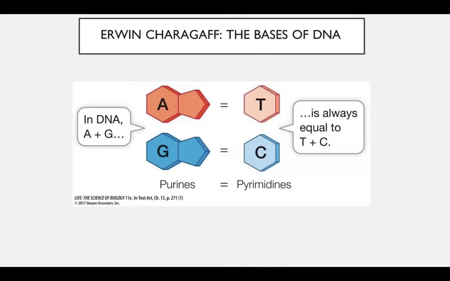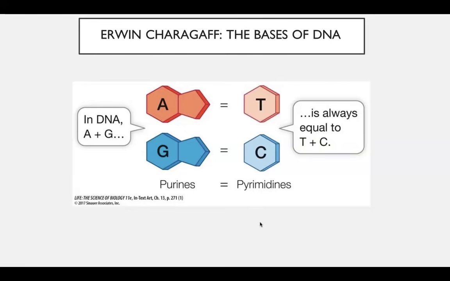There's also something known as Chargaff's rule. Chargaff's rule is that the amount of adenosine is equal to the amount of thymine, and the amount of guanine is equal to the amount of cytosine, because adenine binds with thymine in DNA, and guanine binds with cytosine in DNA. Also, the abundance of purines will be equal to the abundance of pyrimidines. Uracil is also a pyrimidine. Uracil is what you find in RNA, and that's what replaces thymine when binding with adenosine.